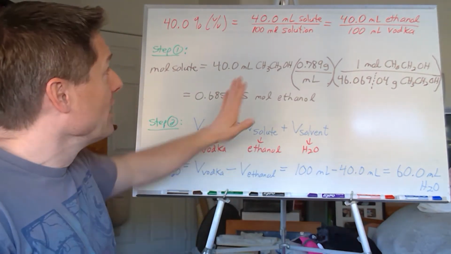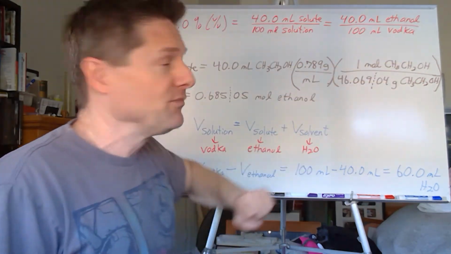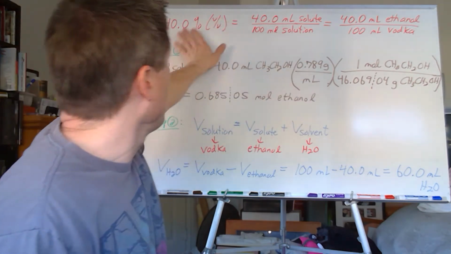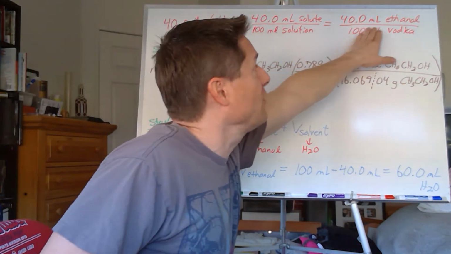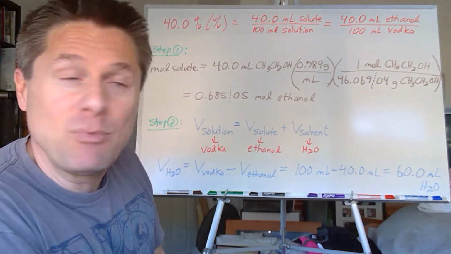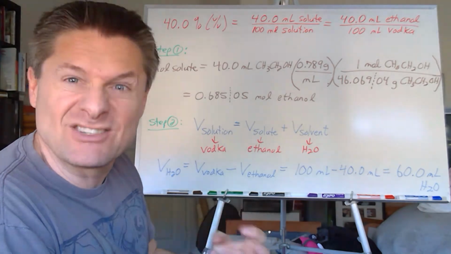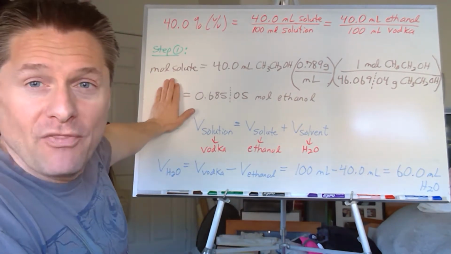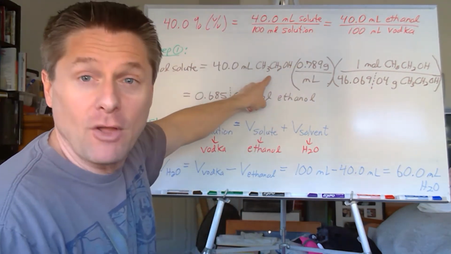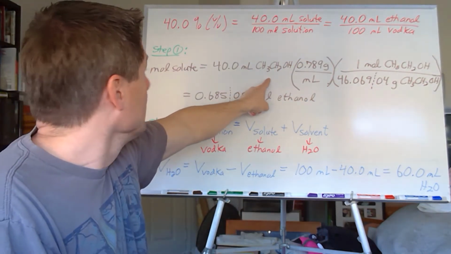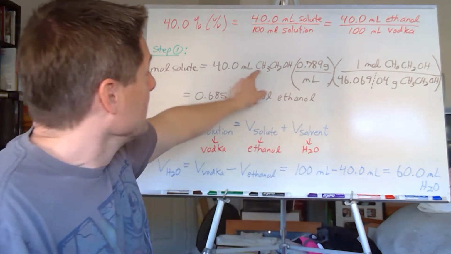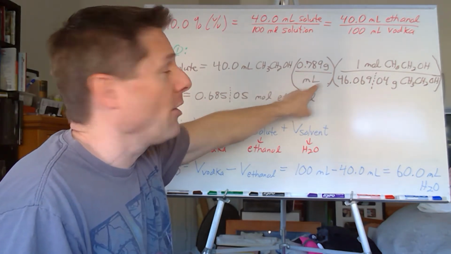Go review the video on percent concentrations for this, right? From first semester. Well, our solute in this case is ethanol, and our solution is the vodka. The vodka is the mixture of the ethanol and water. So 40.0% by volume would be 40.0 milliliters of ethanol over 100 milliliters of vodka. That's the starting point. If you don't do that, then you don't know where to start, right? All right. So we want the solute, we want the moles. So we have 40.0 milliliters of ethanol, CH3CH2OH. Well, I want to go to moles, so I need to get to mass. Oh, yay, I gave you the density. So there are 0.789 grams of ethanol per milliliter,